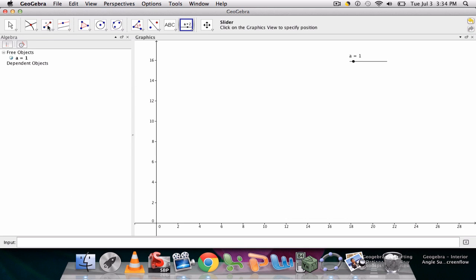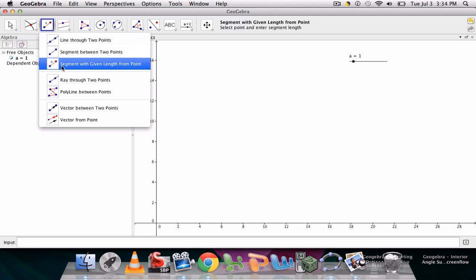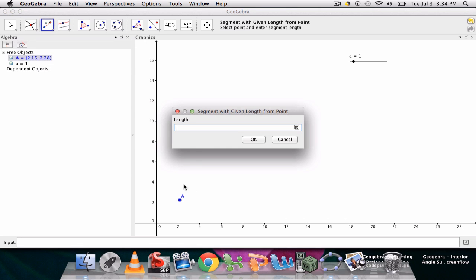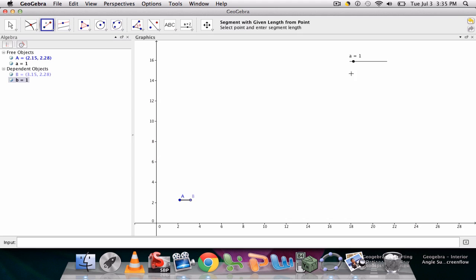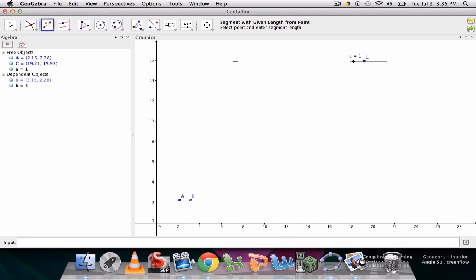Now, and this is a fun tool over here, you can create a segment with a given length from a point. So if we click that, we first start with some point, and they want to know how long should the length be. Well, I want my length to be A, which is represented by this slider over here. So notice now, we can change that line segment by adjusting our slider. So here, as I scroll, I change the length of the segment,